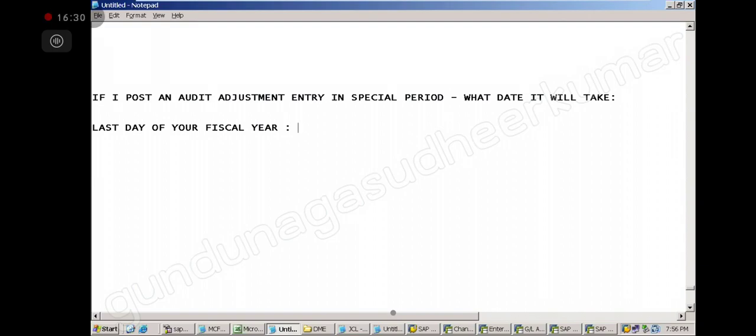If it posted on 1st June, it would come to next year. So even though you are entering on 1st June, it will post on the 31st of March, the last day of your fiscal year. Is it clear?